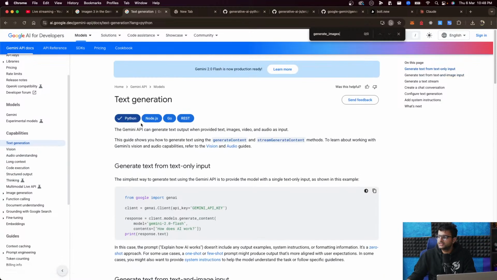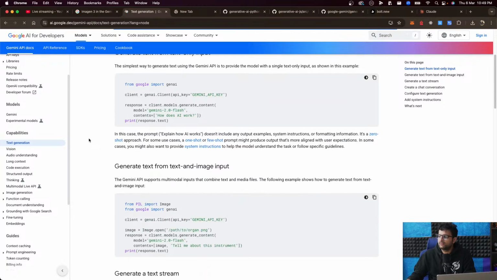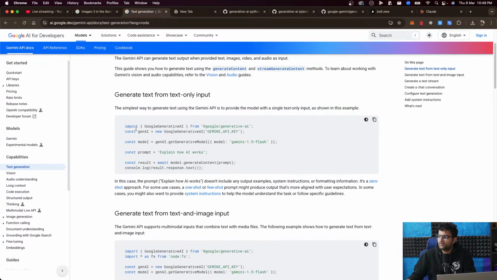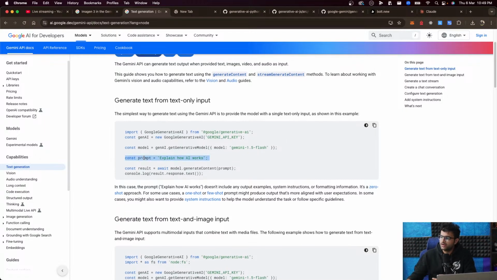When your Node.js backend wants to talk to an LLM, it can use this Node.js SDK of Gemini, by which I mean, all you have to do is import Google Generative AI from @google/generative-ai, initialize an instance of Google Generative AI, get the respective model that you want to talk to. You might want to talk to 1.5 flash, 2.0 flash, and so forth. Give it a prompt, and whatever result you want will come in this variable. It's that simple. Do you understand this? A Node.js backend can also talk to an LLM. It's not just a chat interface that you can interact with an LLM through.